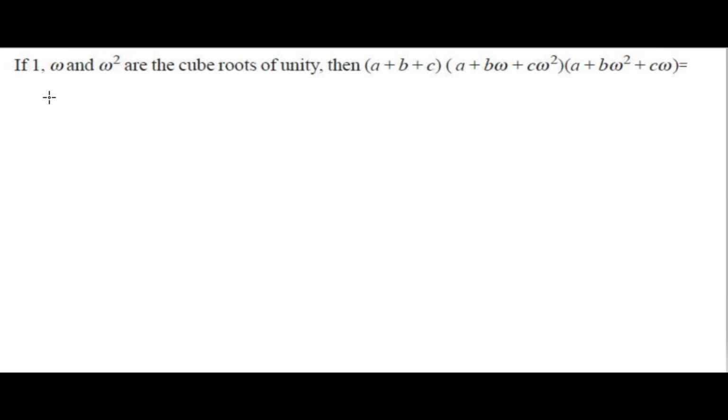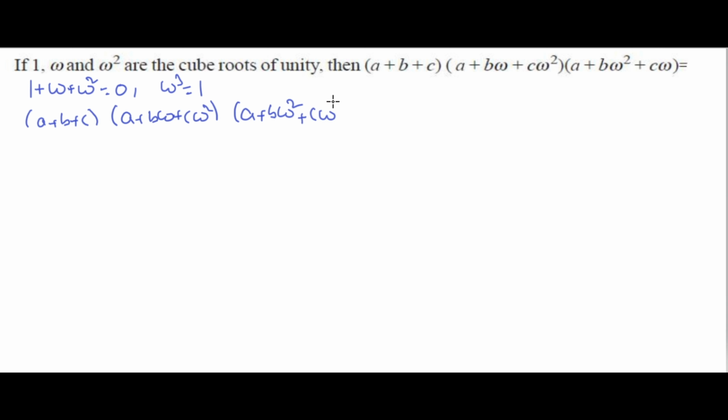1, omega, omega square are the roots of unity. Then the value of (a plus b plus c) into (a plus b omega plus c omega square) into (a plus b omega square plus c omega) is, here given 1, omega, omega square are the cube roots of unity, that is 1 plus omega plus omega square is equal to 0 and omega cube is equal to 1. Given (a plus b plus c) into (a plus b omega plus c omega square)(a plus b omega square